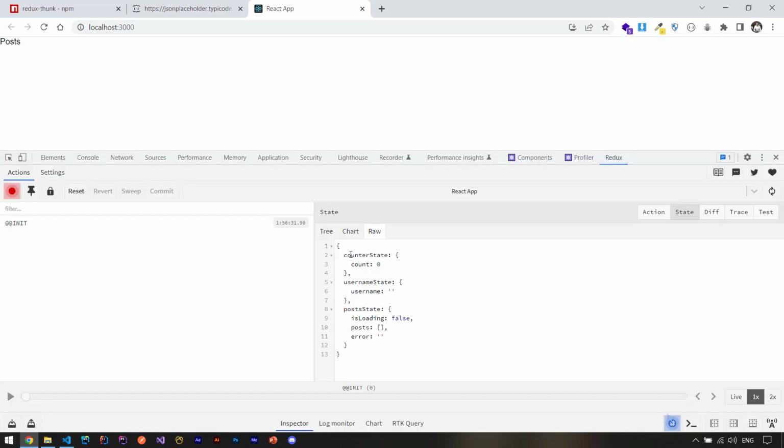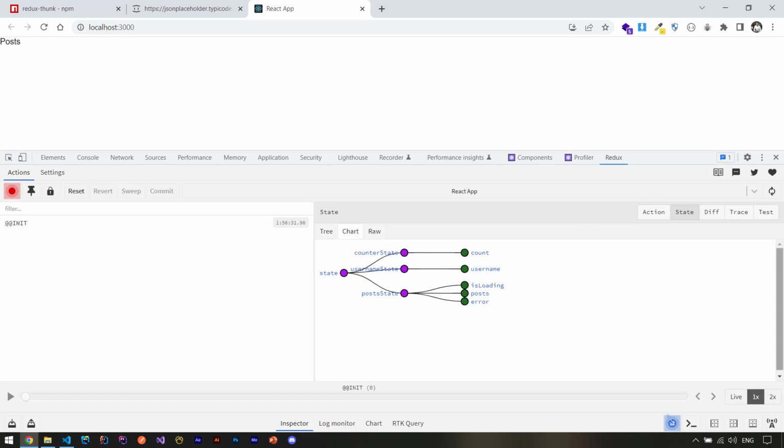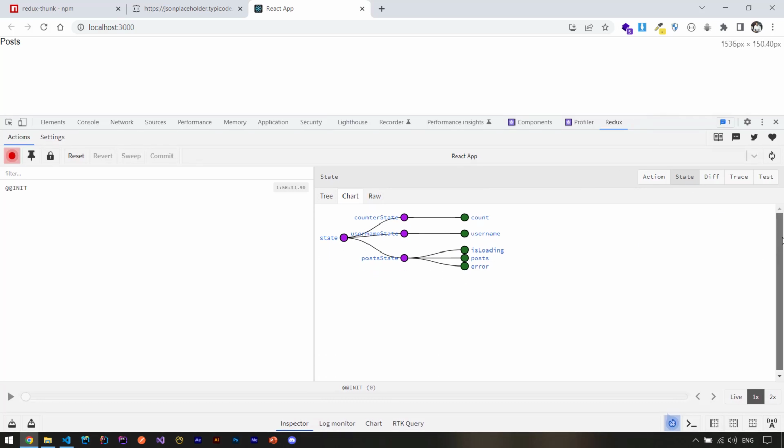Now you can see that I have my previous states here, counter state, okay, user state, okay, and post state. I have it. I have the is loading of false, posts of empty, and error of empty string. That's so good. You can see this is one of the beauteous things in